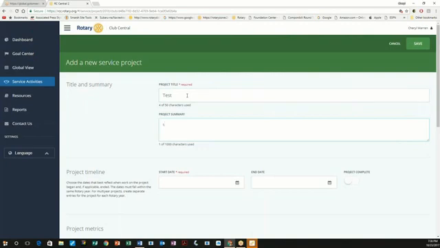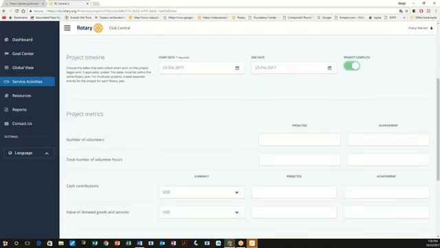I did the summary as a test for PEs. And we're going to start date with the pull down calendar, end date with the pull down calendar. And then if your project's complete, you mark it complete by clicking that little button. Project metrics are important. Number of volunteers, 23. Maybe I achieved more than that or less than that.